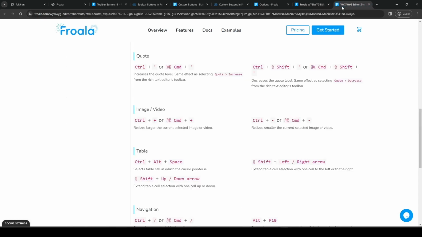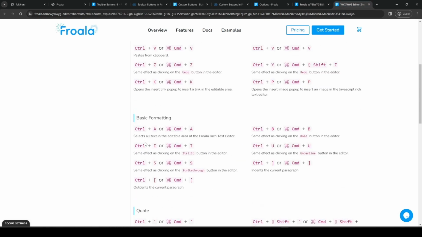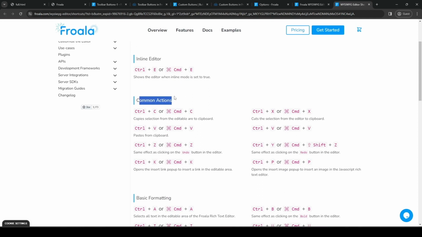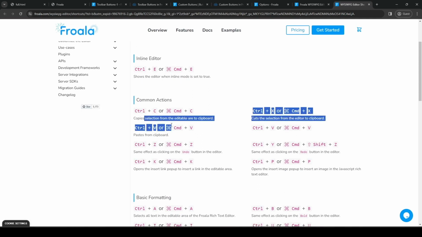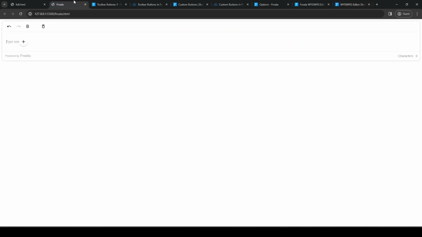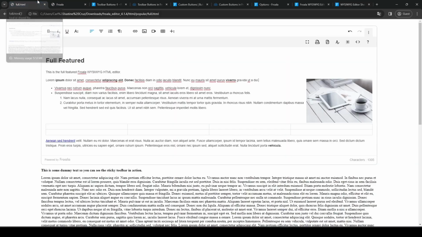For example, for keyboard shortcuts, we have a page for that as well. So for inline editors, common actions like copying and pasting, selecting everything with Control A or Command A if you're using Mac. And then this is the basic toolbar, something you'd see with, for example, Microsoft Word or Google Docs. We are compliant. So let's head on over to the full featured